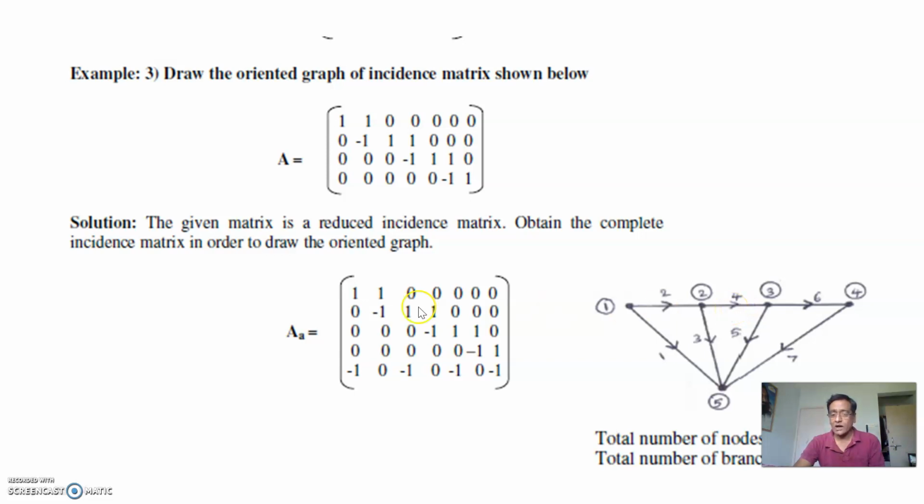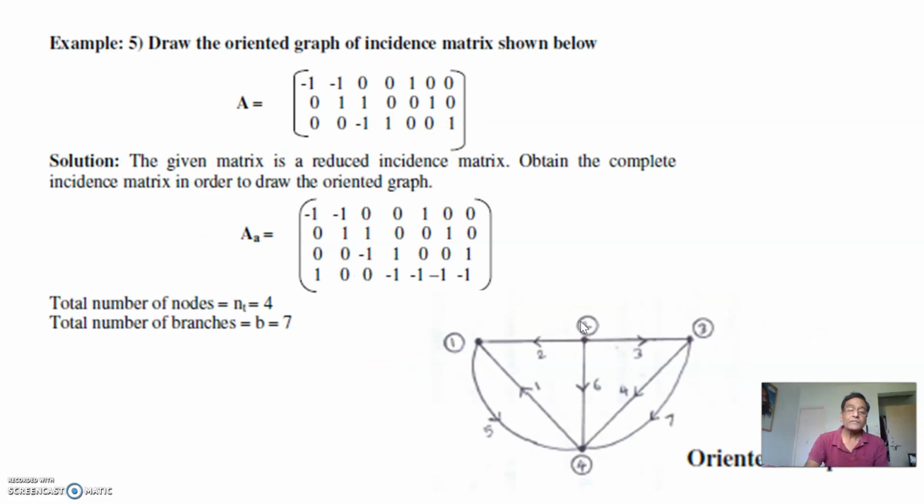And now after the fourth branch current, the fifth branch current. The fifth branch connects the nodes 3 and 5. It starts from 3, ends at 5. So the direction is accordingly. Okay. So like that, these two branches are connected here. I think you understood this problem very nicely.